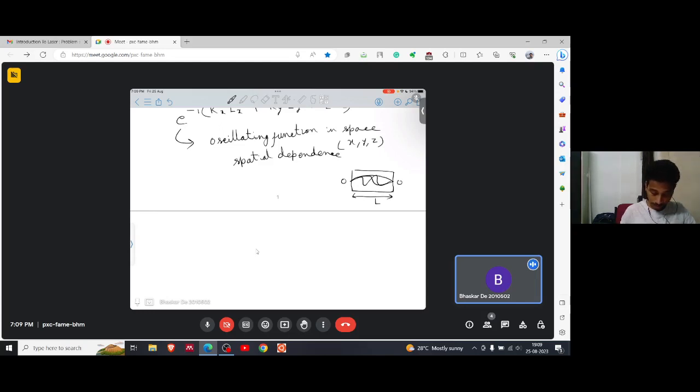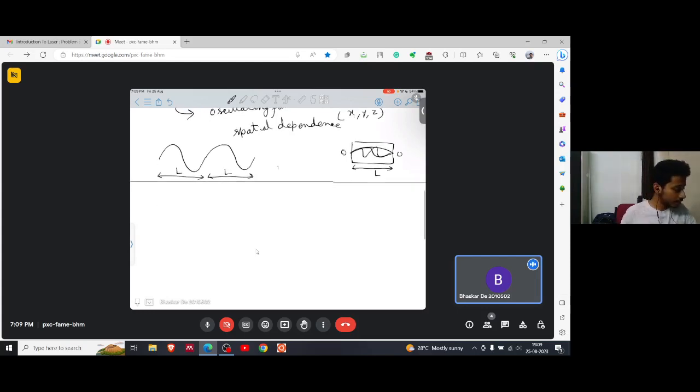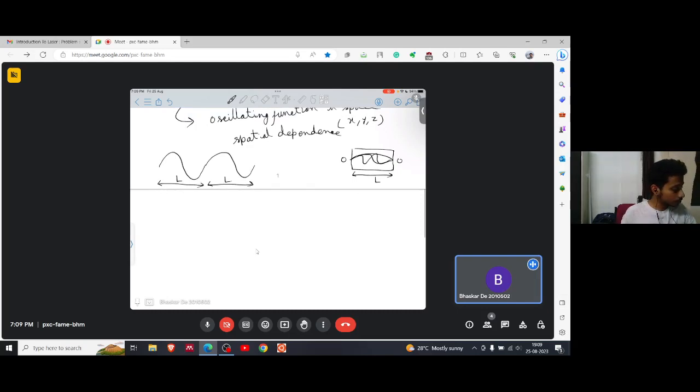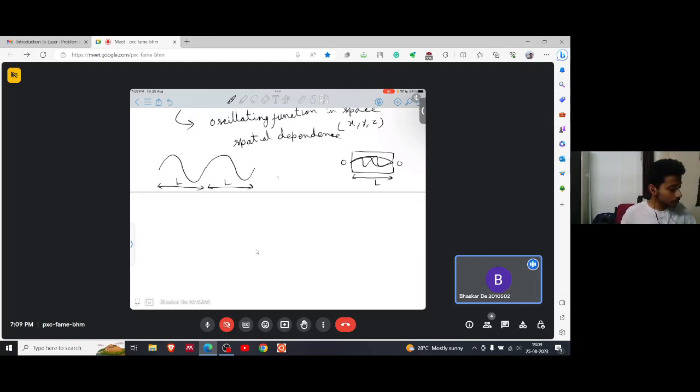We mean that there is a full wave in this distance L. From here to here, this is L, then again this wave will repeat. So this is the periodicity of the standing wave. So basically the boundary condition is that the field is to be periodic in L